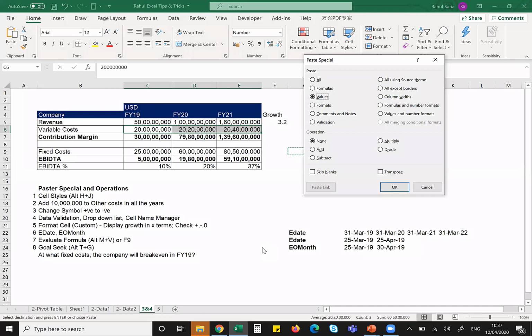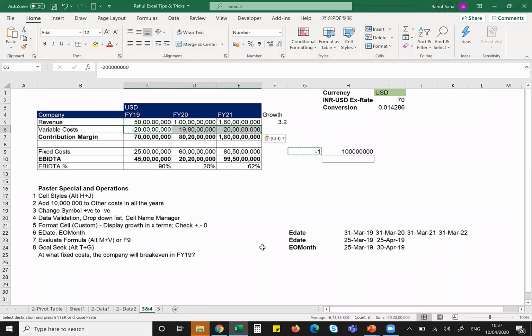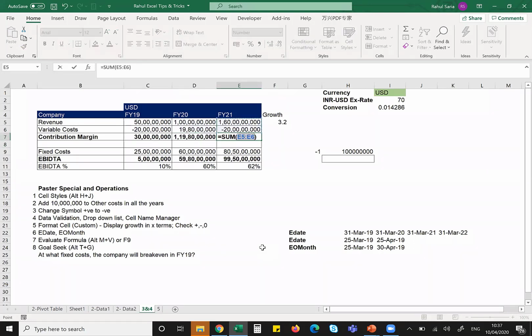and I'll multiply. Why multiply? If I multiply a number with -1, it becomes negative. But I'll need to change the formula. Now I'll make it a sum formula. Interesting. So if I want to change the symbol of a lot of numbers, I can always use -1, which would be really, really helpful practically when we use this, right?